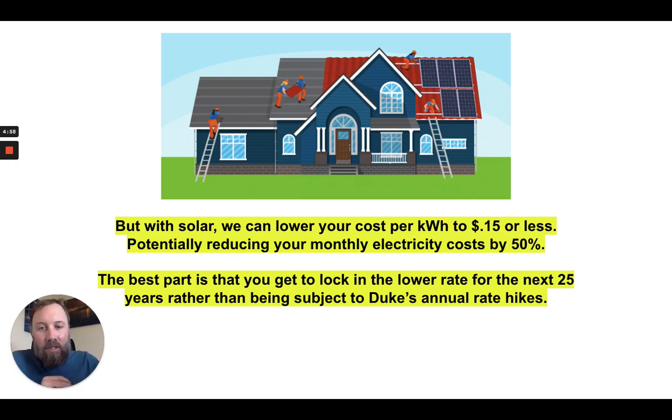So the best way is just to schedule a consultation, get with us, and we'll take a look at it, and we'll determine if your house is eligible, if your roof is eligible for solar. But if it is, the best part is that you get to lock in the lower rate for 25 years rather than being subject to Duke's annual rate hikes,